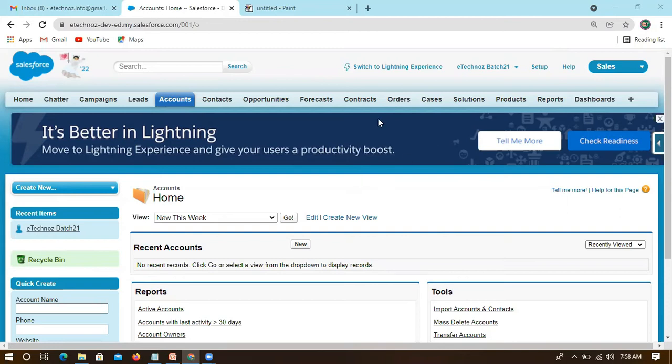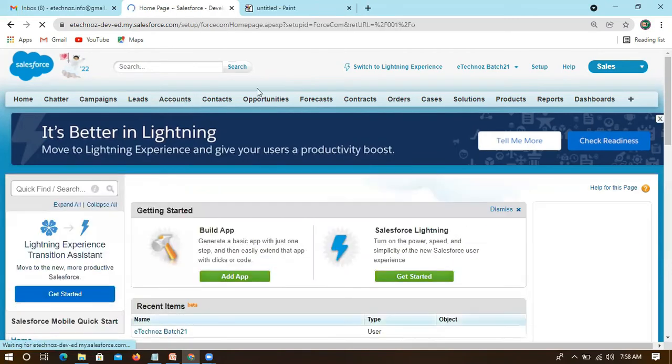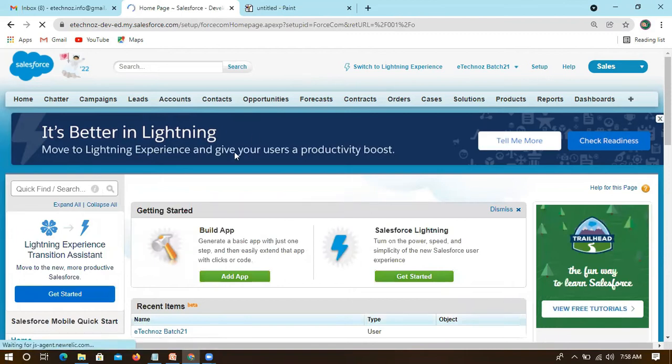Within the system, if I want to create anything, or modify the system, or customize things, I just need to go into setup. I just need to redirect to my PaaS, platform as a service. So I have to click on setup. There only I can do all my stuff. I can manage, I can create, I can update. Whatever actions I want to do, in this PaaS I just need to click on setup.